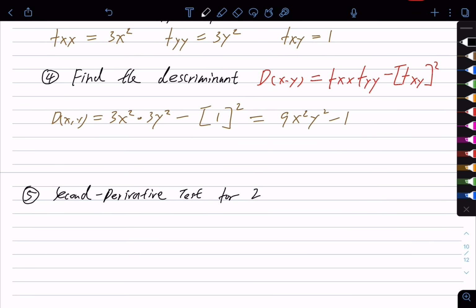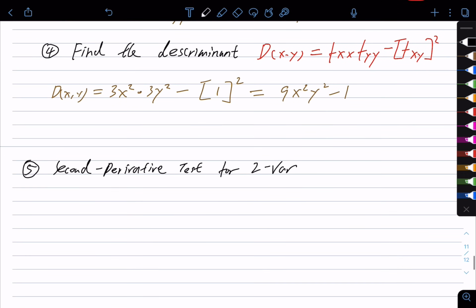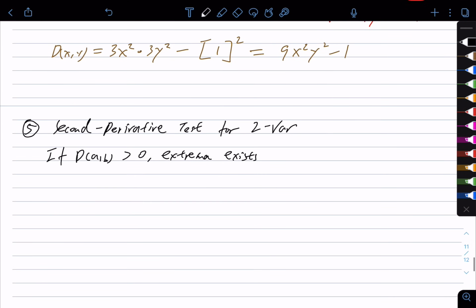For two variables. Okay? So first case, if the discriminant at point (a, b) is greater than 0, extrema exist. Okay? But we're not done yet, because